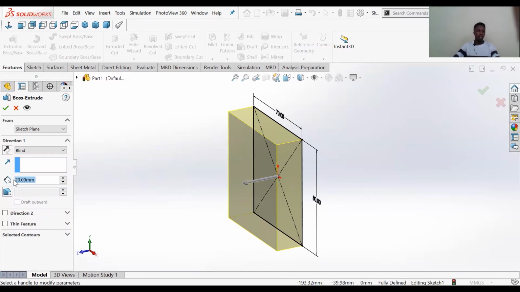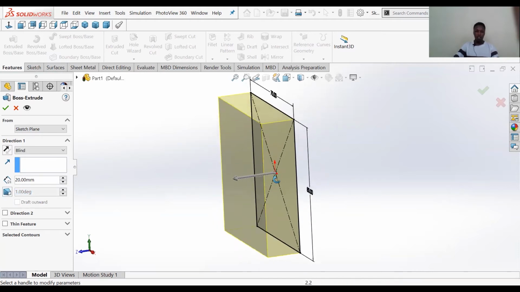Yes, like that. Now you can see here, there's another option called draft. Now this drafting helps you determine by how many degrees you want your extrusion to be. Some extrusions are extruded at 30 degrees, 60 degrees, 70 degrees, depending on the model that you want to make. Now we're not going to go too much into this. I'll be making a new video on how we can use this when I'll be teaching my further advanced tutorials